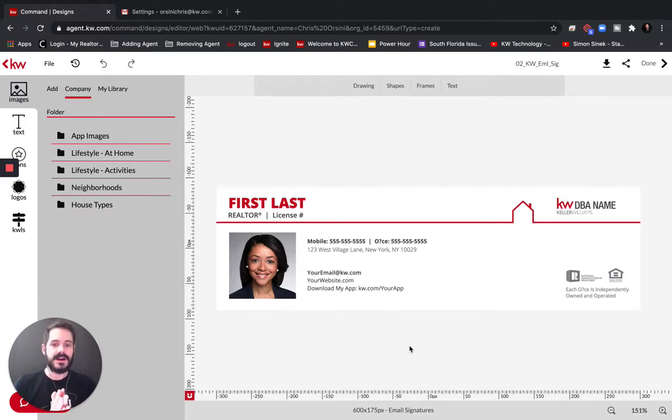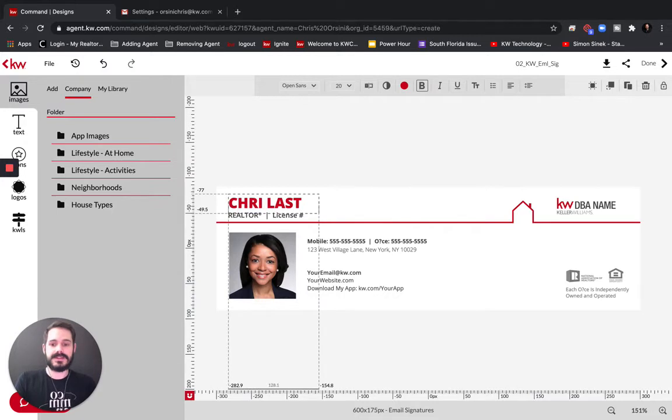So first, let's go in and change the text. This is clearly where we put our first and last name. So I'll put Chris and last name Orsini. And now look at that. You may have a name that's longer than the characters of first name or first and last. So what you want to do in this case is click outside of this text box, and you'll notice we now have these circles and these bars. You want to click and drag these bars to adjust the